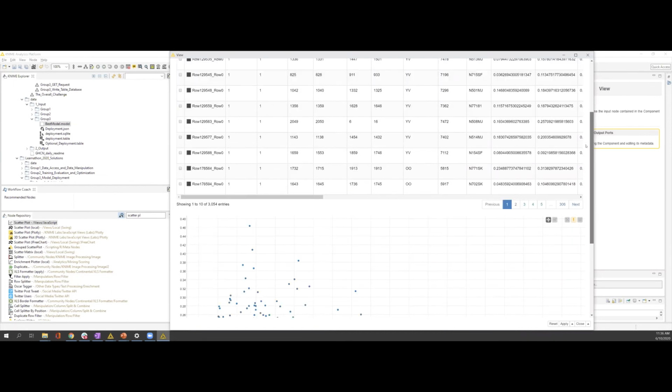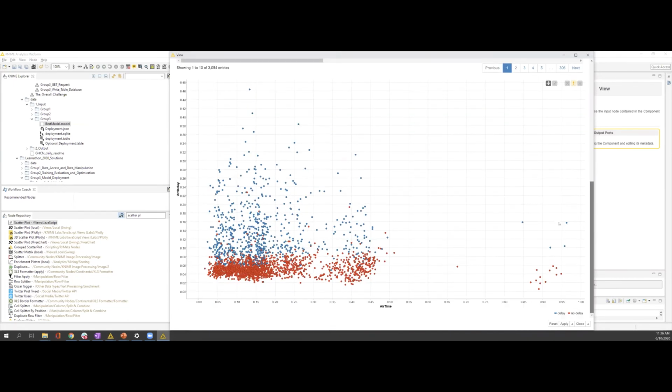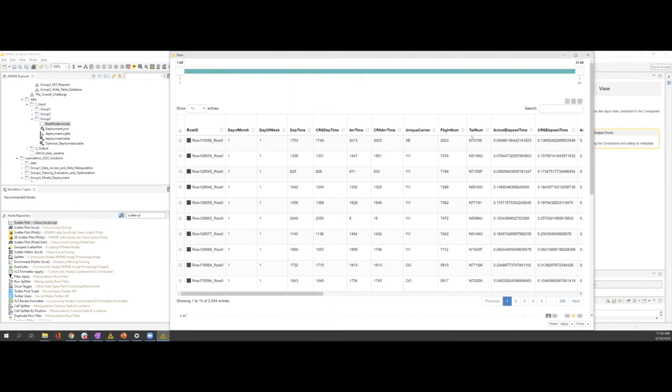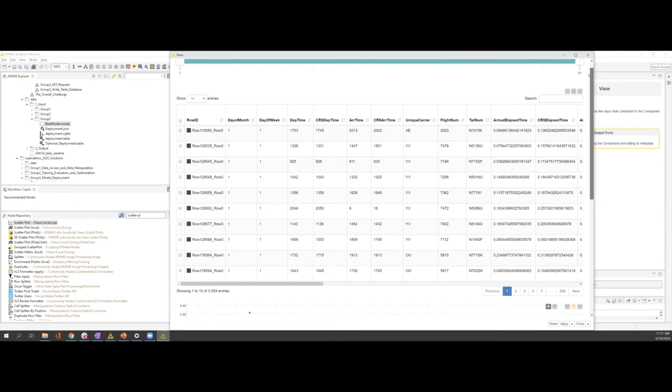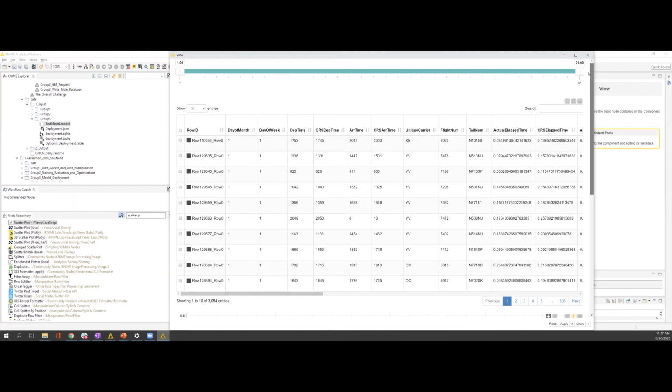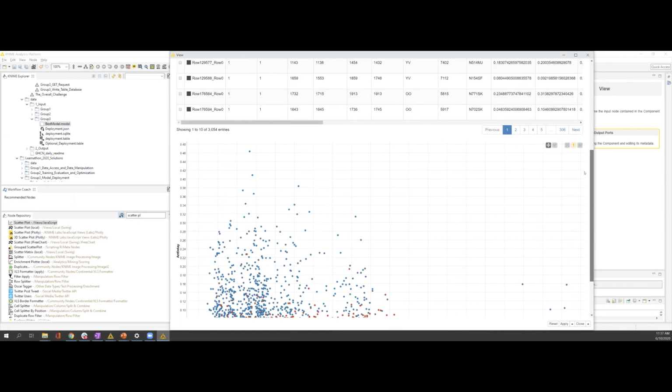We have here different components, let's say, or different outputs available in our page, right? By default, KNIME creates its own layout. So we have the slider here at the top, then we have the table, and then we have the scatter